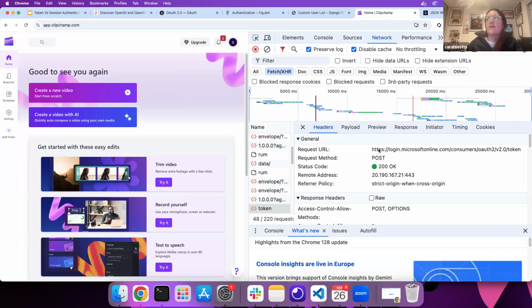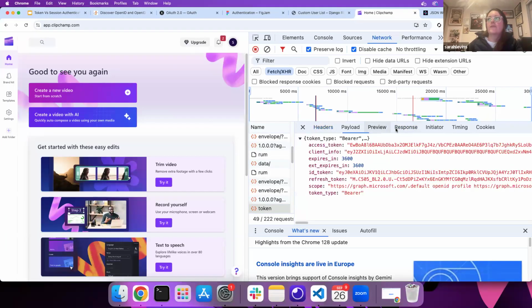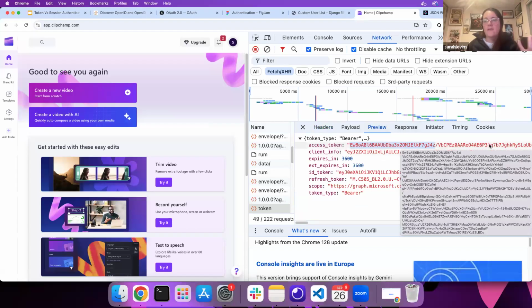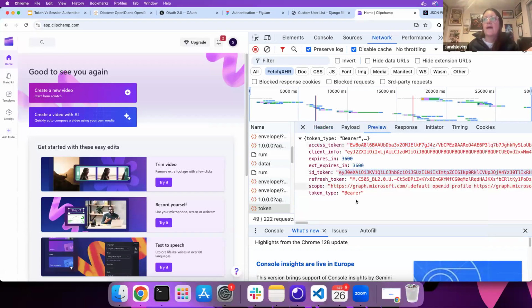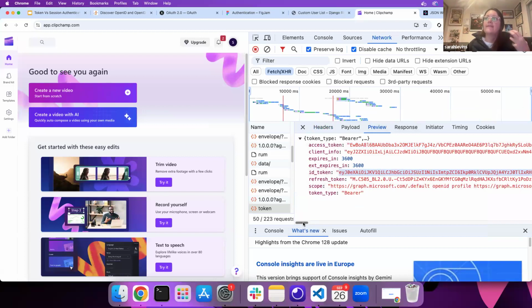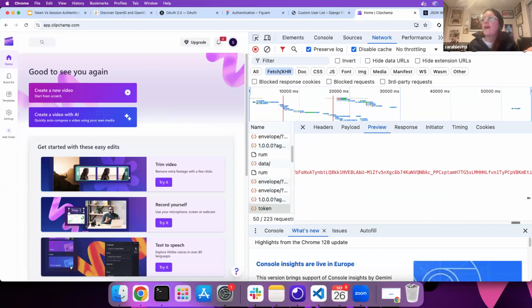The request I've made there would come back with a response with a bunch of different tokens. What Microsoft have given me, as I've logged in with their identity server, is an access token, and that is an authentication token that I can use to make subsequent requests to Microsoft. And then they've also given me an ID token, and that looks familiar because it's a JWT. The reason you can tell it's a JWT is because it starts with EY. If I copy that JWT,